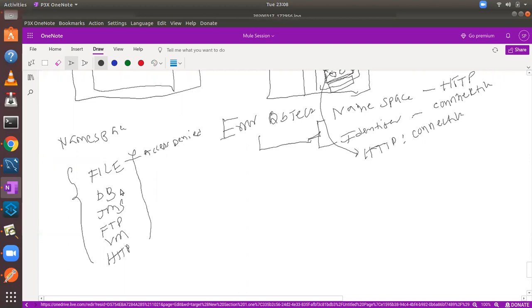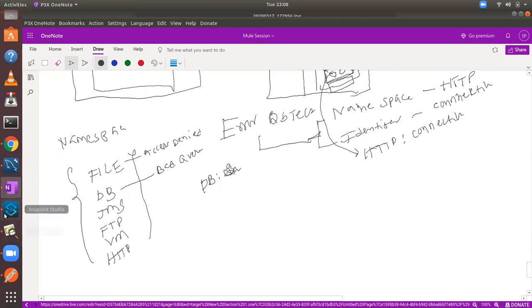In the database also there are different kinds of error, right? Database connectivity and bad query. So we're trying to execute some query in the database, but your query is not according to the syntax. So what is that error now? Database is a category, that is called the namespace. Under the database category, bad query, SQL syntax, something like that is called the identifier. Okay, that is the error object.